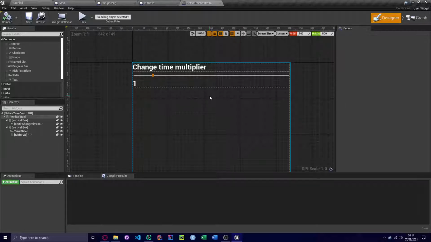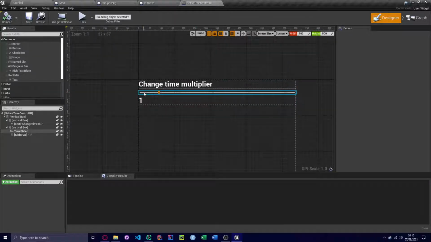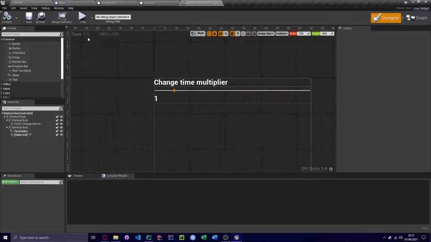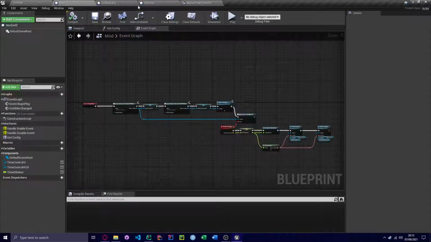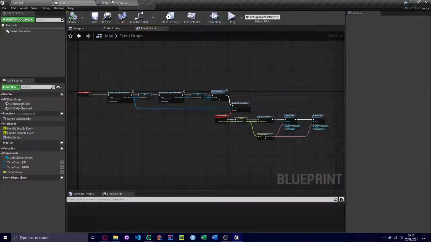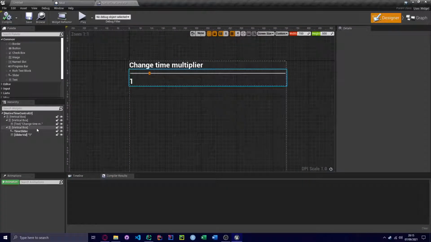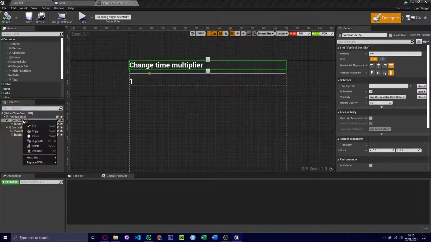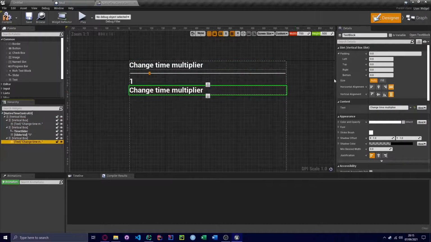So if I'm in a game and I want to speed everything up, but if I open the menu, then my controls are locked to the menu. I can't move around. But if I can quickly press a button, it's fine. So that's what we're gonna do. We're gonna make some new action mappings. So we can close these guys. And first, what we're gonna do is make a new vertical box. So I'm actually just gonna duplicate that, and then change this to increment